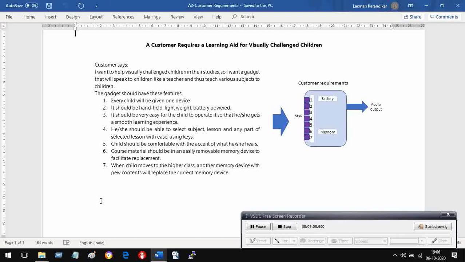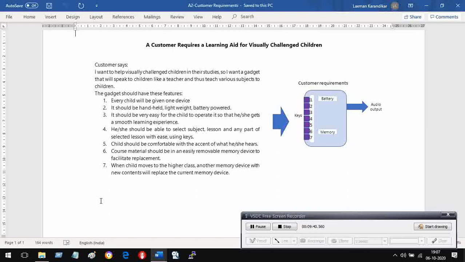The teaching material shall be in a memory device. This is also a requirement. And for this we will use an SD card or a pen drive. That selection can happen once we decide on the file to sound converter. So we come to the next point, whether to go for a TTS converter. TTS, again let me repeat, means text to sound converter module, or MP3 player. This is a conventional music player.